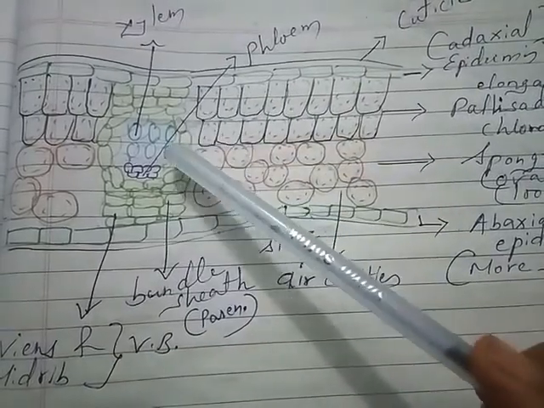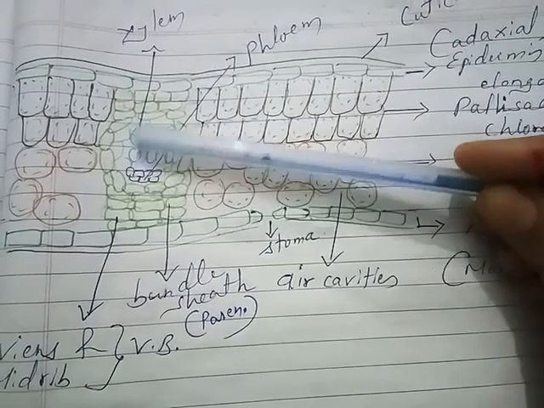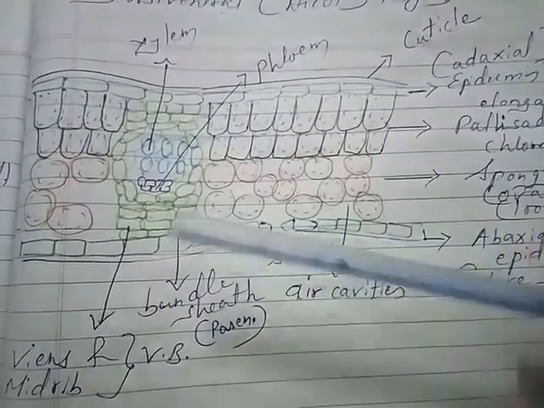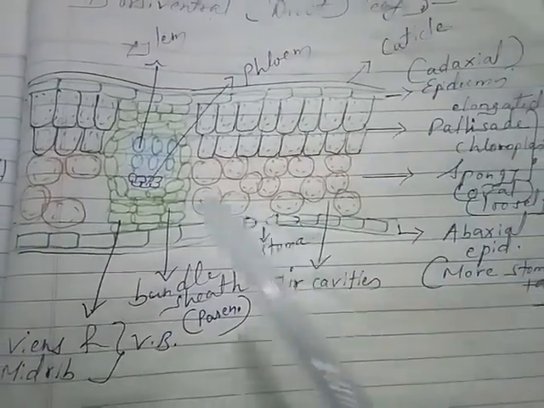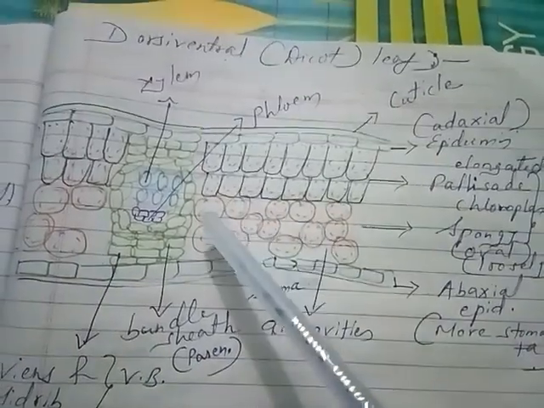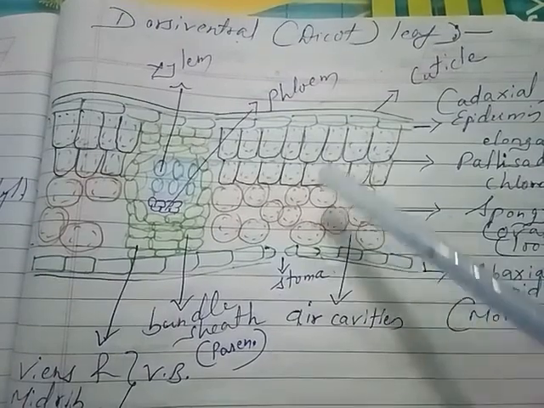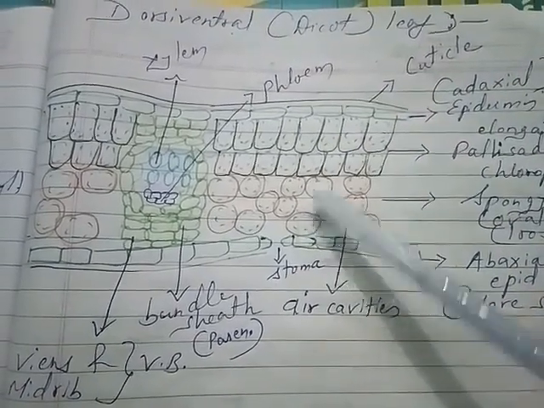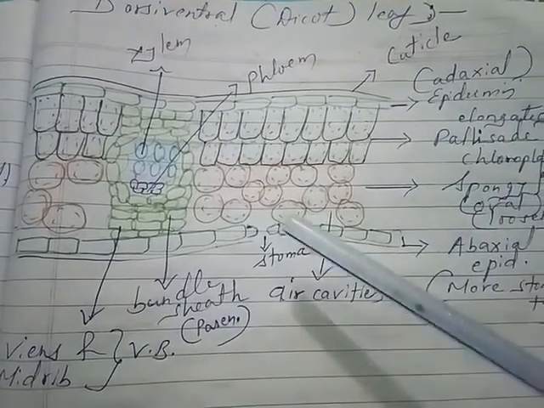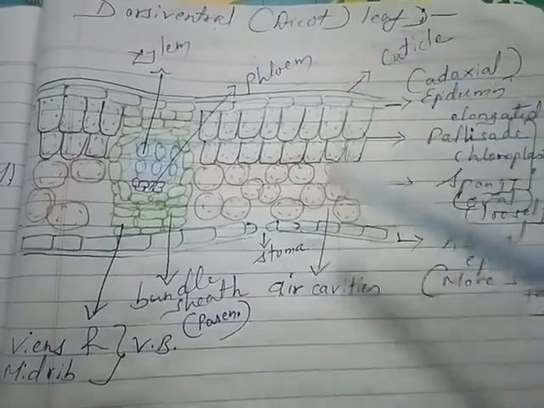So here vascular bundles are again conjoint because phloem as well as xylem are on the same radius, and it is closed because cambium is absent, because the lifespan of the leaf is short, so cambium is not required, secondary growth is not required. So in case of dicot, dorsiventral, why is it called dorsiventral? Because mesophyll cells are of two types, palisade and spongy. Vascular bundle is having sheath of parenchyma, and number of stomata will be more towards the lower epidermis and less towards the upper epidermis.